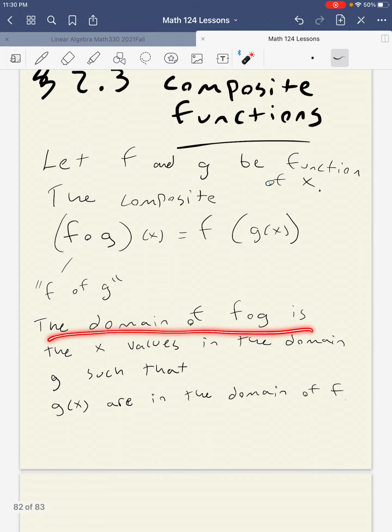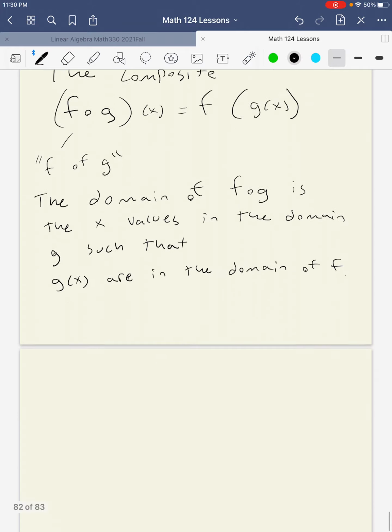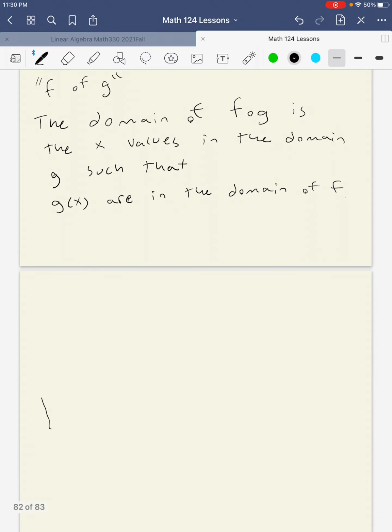The domain of f of g is the x values in the domain of g, and we add an extra condition that the outputs of g have to be in the domain of f. Okay, so we could draw a picture, although I don't think the picture is too helpful. It's better if we just do some examples, but let's say this is the domain of g,